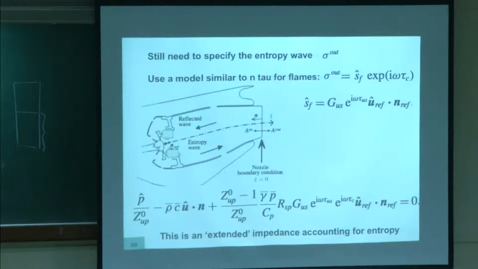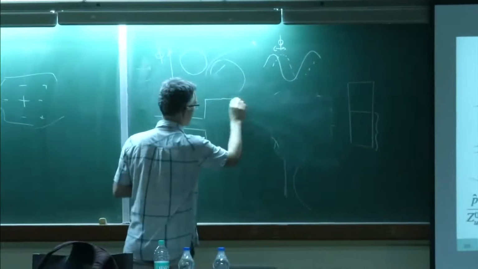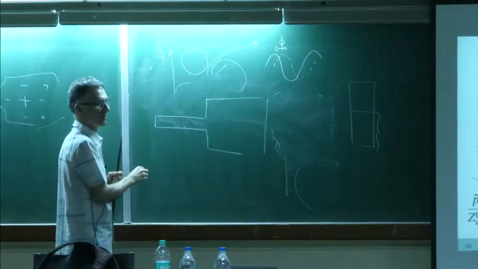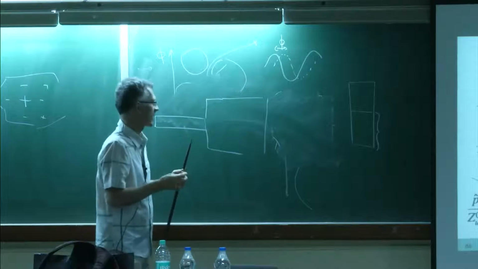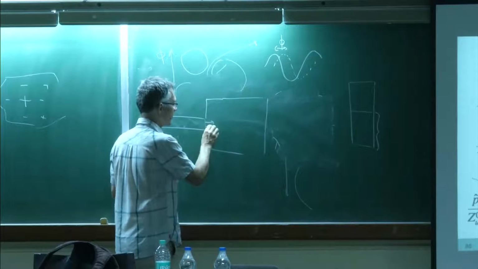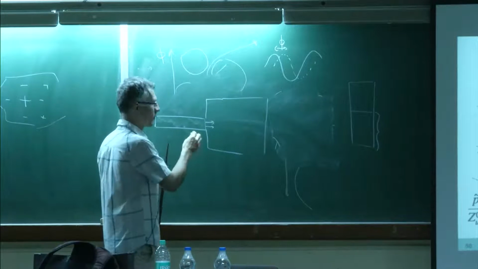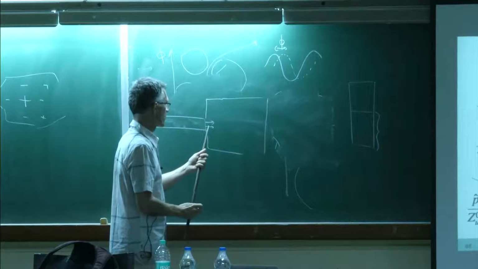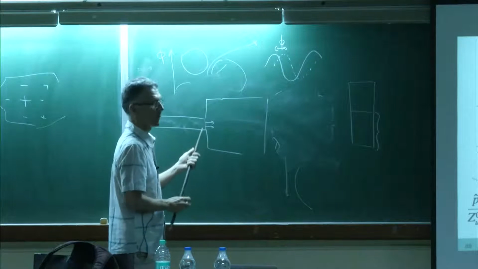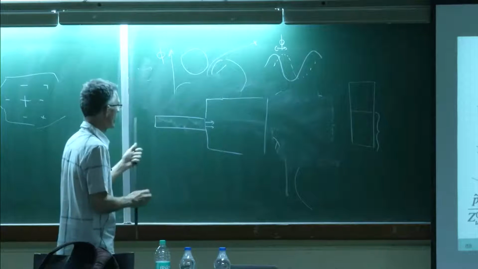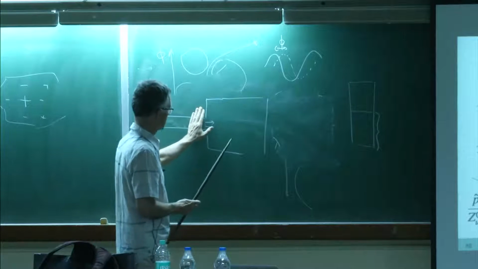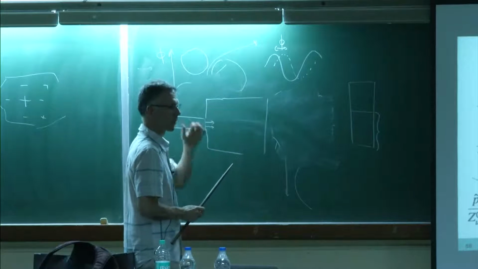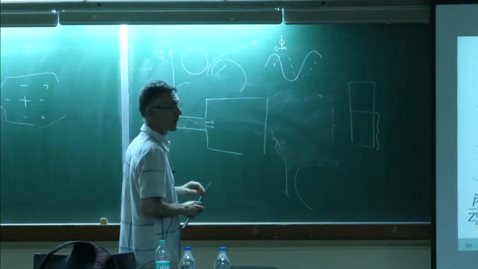I mean, if you want to do flashback in the chamber, you have to compute to here. You cannot stop here. Because that's also what NSCBC is saying. NSCBC tells you that if the flow is entering here, or if the flow is leaving, it's not the same, okay? So if you start changing sign in the middle of your boundary condition, that's not good. You should go to a place where you know what you're doing. So you cannot do flashback and stop the simulations here. That's not going to work. So you need to include the full domain.